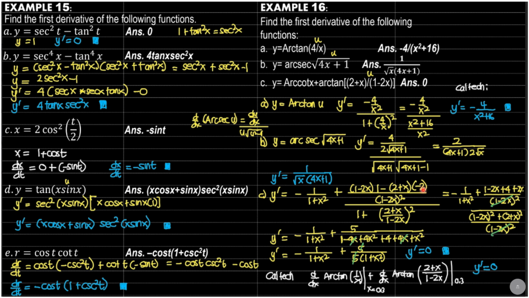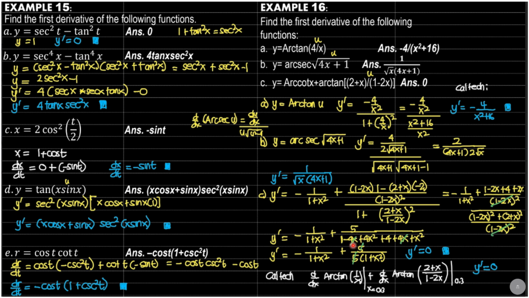negative of negative 4 plus 4, then negative of negative 2x, positive 2x, all over quantity 1 minus 2x squared, then all over, this is 1 minus 2x quantity squared, denominator times 1, so 1 minus 2x quantity squared, plus quantity 2 plus x squared, all over LCD 1 minus 2x squared. We can cancel 1 minus 2x quantity squared. Simplify further, copy the first term. This is after we cancel negative 2x and 2x, so 5 all over 1 minus 4x plus 4x squared, while this is 4 plus 4x plus x squared.